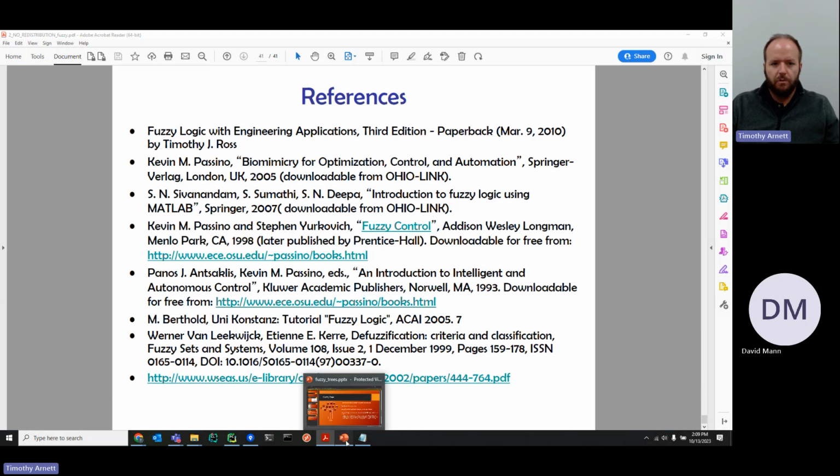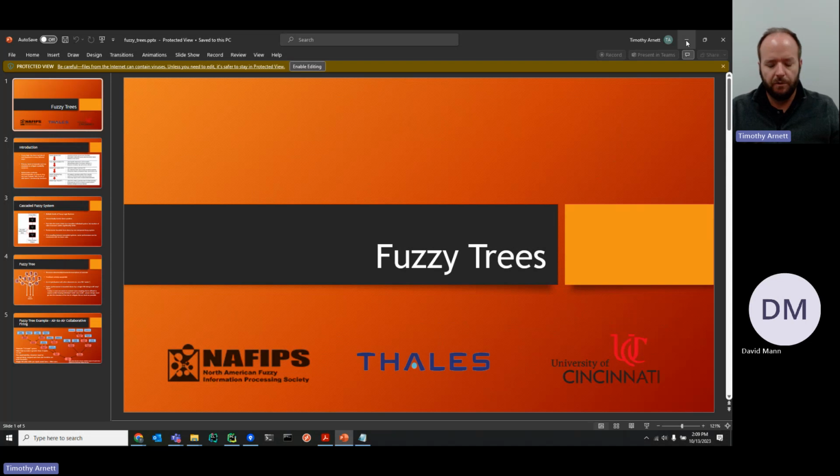One last thing I would like to go over are fuzzy trees. The reason I want to do so is because you may find this useful in practical terms for developing your AI system. One reason why fuzzy hasn't been used as widely as other types of function approximators, like, say, neural networks, is because they've suffered from scalability issues. If you recall, I mentioned that your rule base has to be fully defined for all of the combinations of input membership functions.